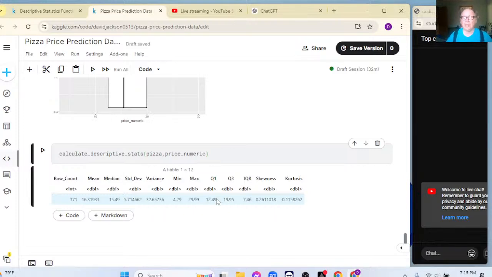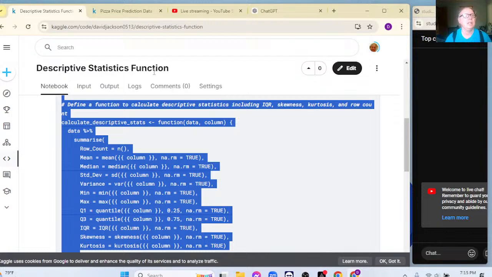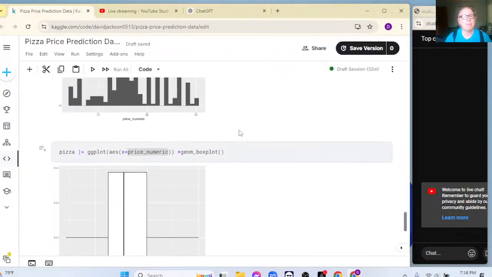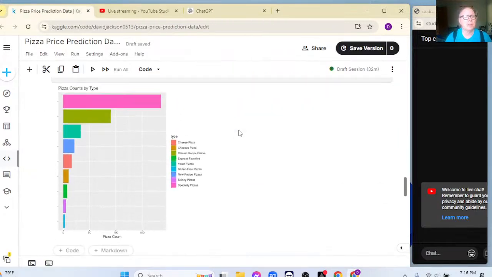So I hope you like that little function there. Like I said, if you go to my code for my account, you'll see something that's actually called function. Okay, it's actually called descriptive statistics function. Okay, and no one has actually looked at it yet. And that, my dear friends, will